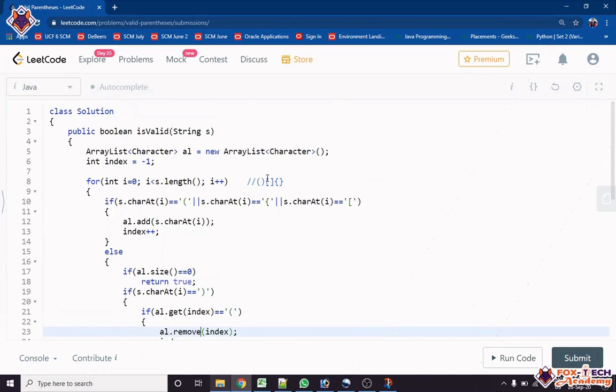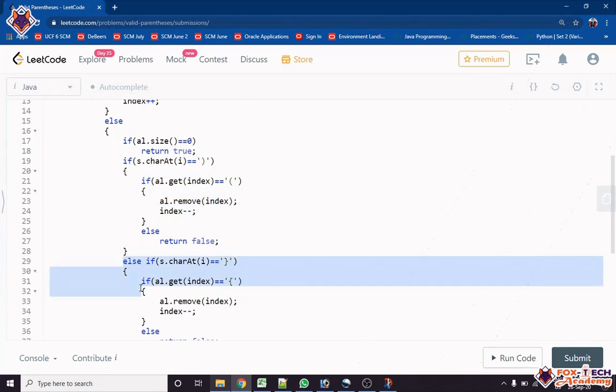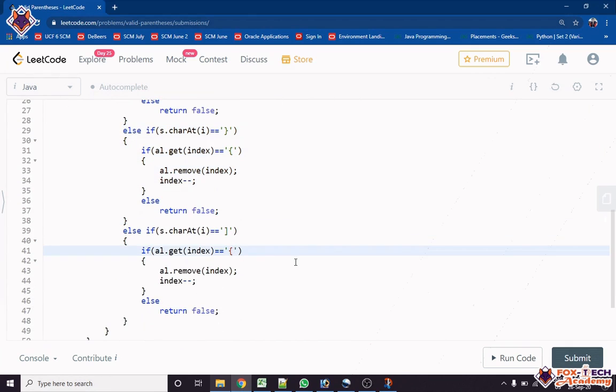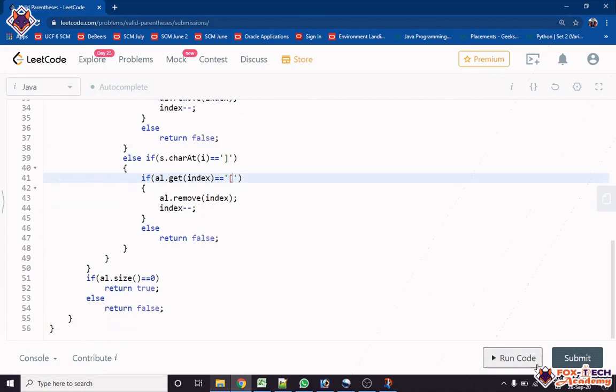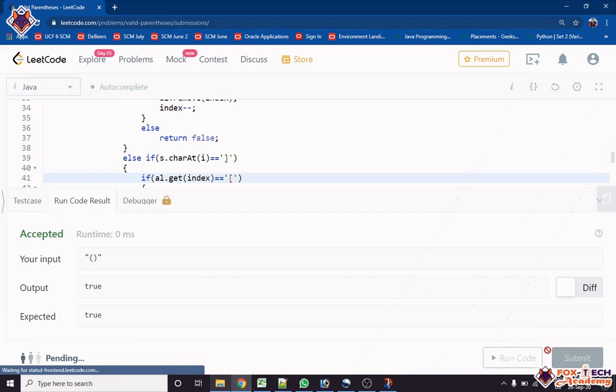Again it will come, it will check this, right? It will find this here, where s.charAt is this. Okay, sorry. This one it will find, yes. It will be true, go inside, it will add, and again it will find this one. So it will not execute. It will also not execute. Here you can see I have to use this one, and I have done that. Run code. It's a silly mistake. Sometimes we do this.